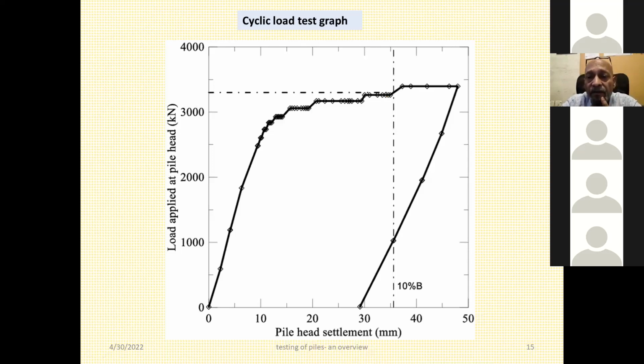And you see, this is the rebound curve. The settlement keeps on decreasing as the load is reduced. And you will notice that the pile does not